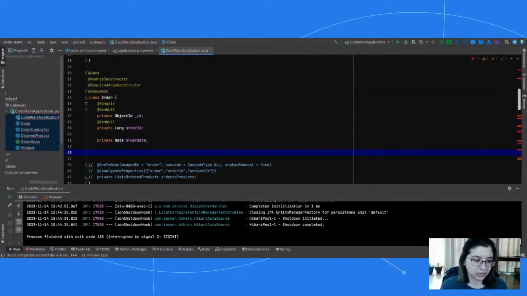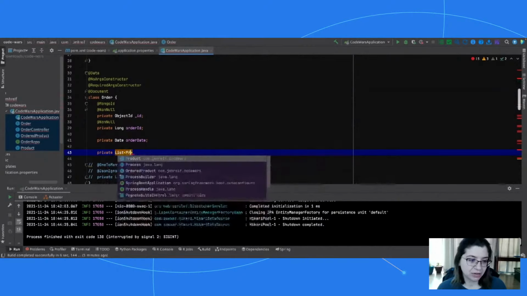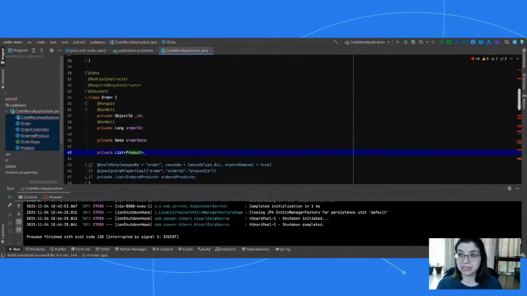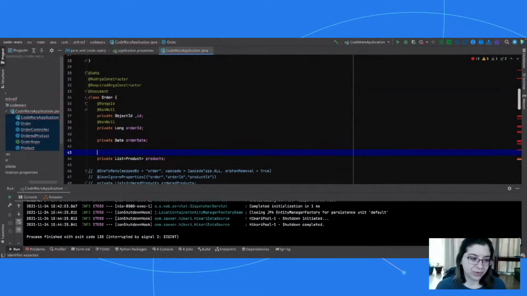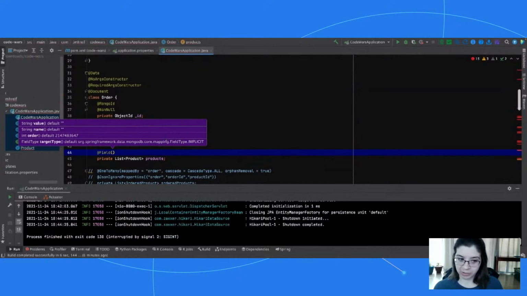And then, yeah, I'm just going to comment this out for now. But what we actually want to do is say, okay, I have a list of products, because remember with the MongoDB data model that we saw, I skipped that middle table altogether because I nested the line items on the document itself, on the order document. So I don't need that intermediate table or document here. I just link it directly to products. So list product, and we're just going to call this products.